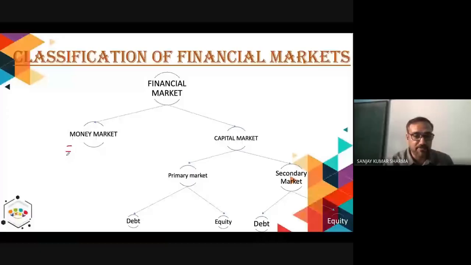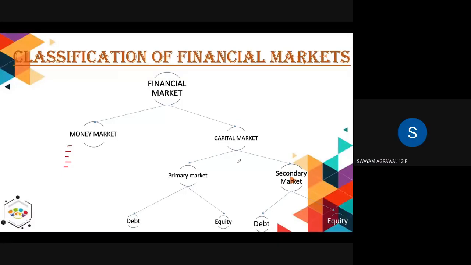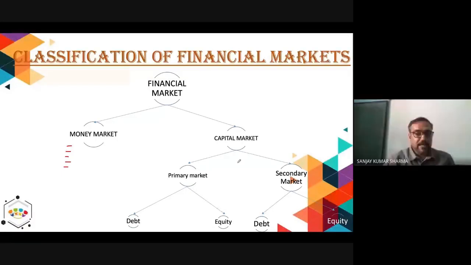So one, two, three, make four, sorry, five, and write it. The instrument of the money market, which I'm saying. Then capital market. What are the instrument which are used in capital market? That also I would request you to add in this diagram. Ready? May I say so that you can note down? Yes, sir. Okay, so right here,